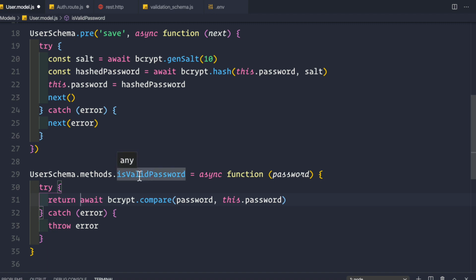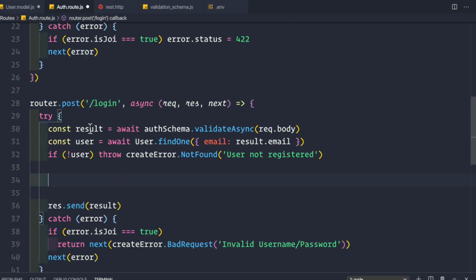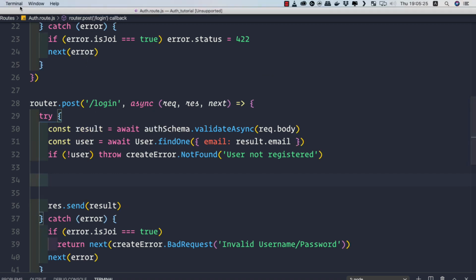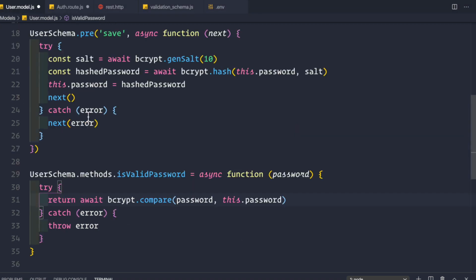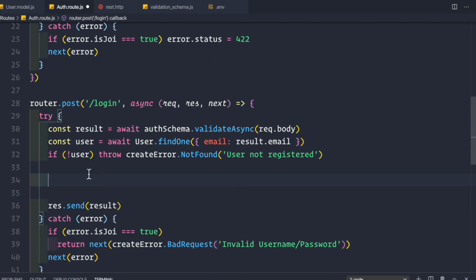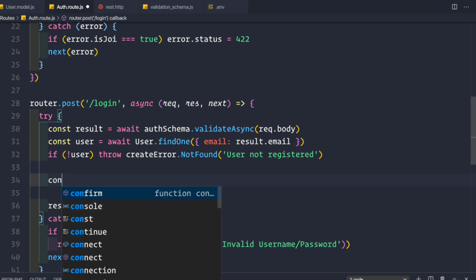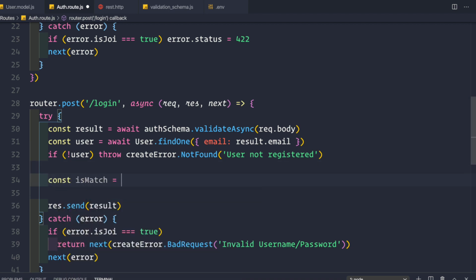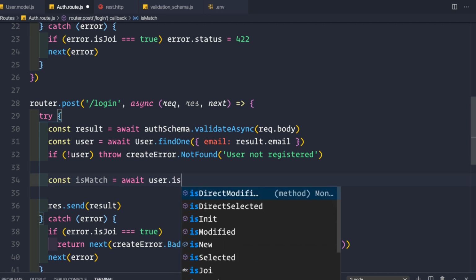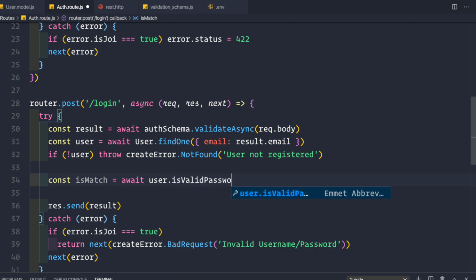Now we can use this method, isValidPassword, inside our auth route where we find this user. So we can save this file, and go back to our auth route. Here we say const isMatch equal to await user.isValidPassword, not this.user, because this user has access to this method, as it is defined inside the user schema.